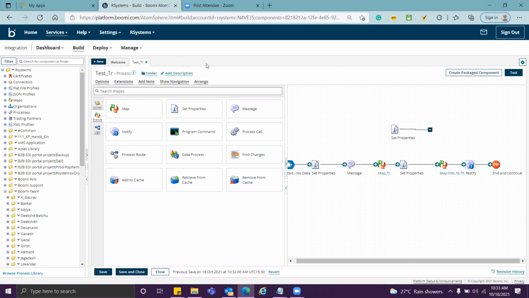So for today, all right, I'm giving it on the chat window. What you have to do is within the process that you created on Thursday, map JSON to XML and then XML to flat file.